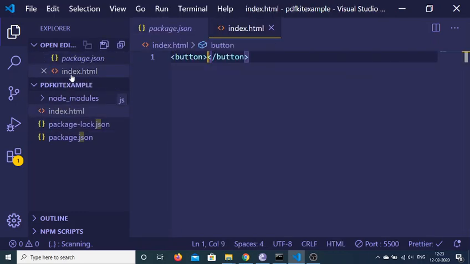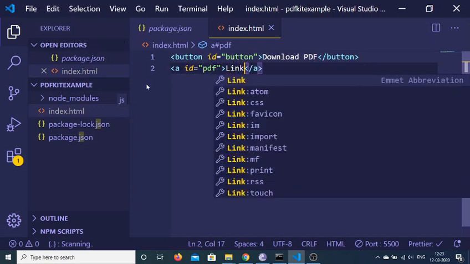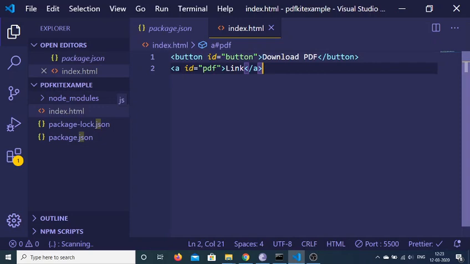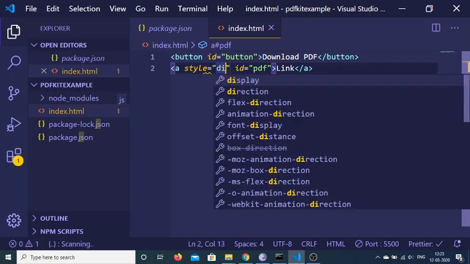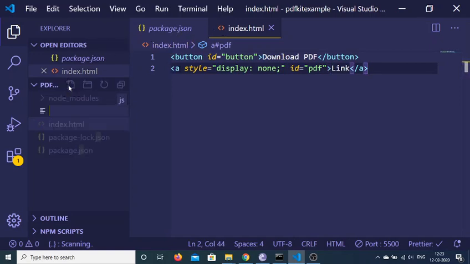Inside this we will have a button, which we will give an ID of button. And the label will be simply Download PDF. And then we will have an anchor tag. I will give it an ID of pdf like this, and the text will be link. And we will change the style to display none. And after this we will create our index.js file,